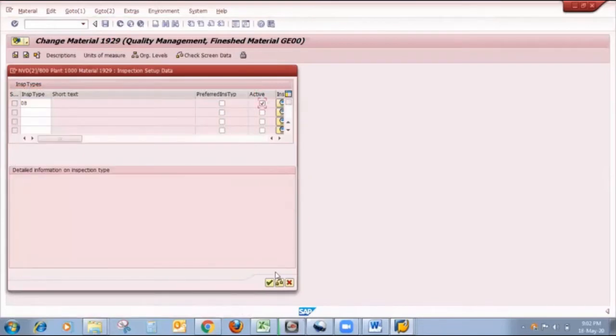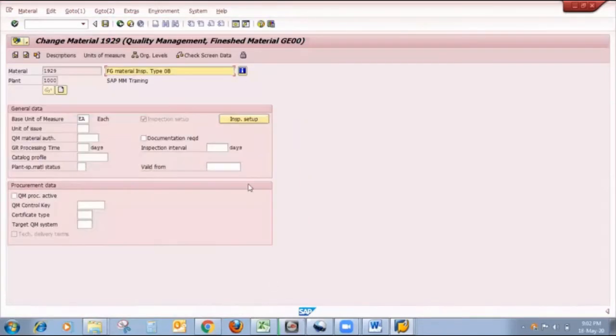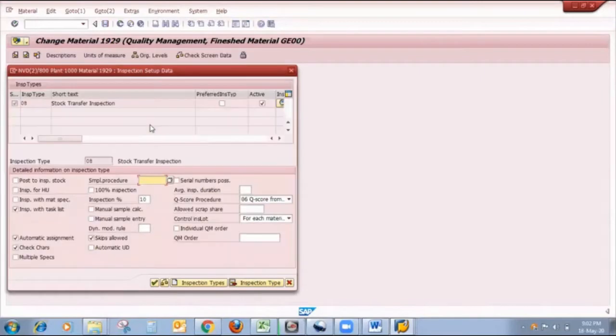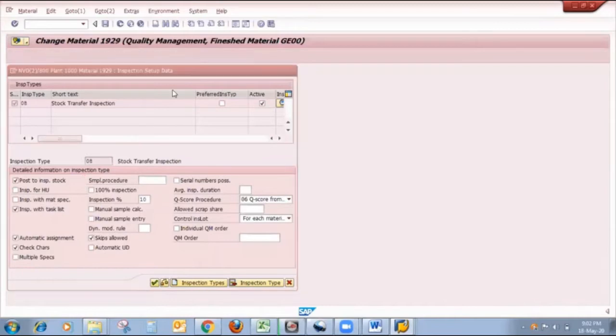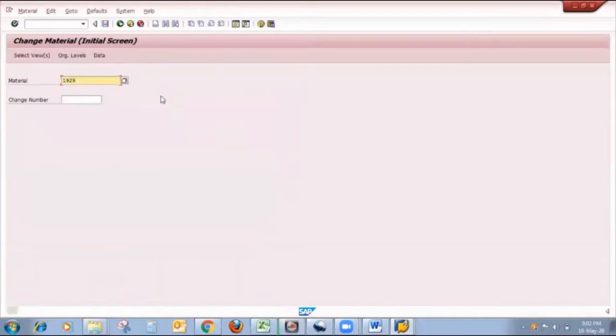Click on active. Again, I want to check whether all business transactions are properly fetched or not. Sometimes they are not properly fetched, so it's good to check all these business transactions like post to inspection stock, inspection with task list, etc. Then I save my material.